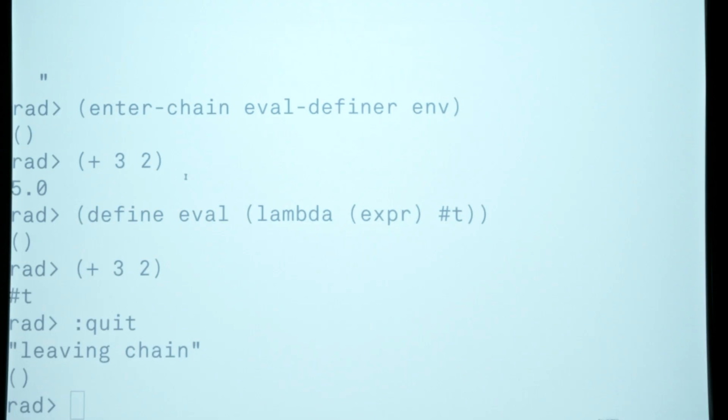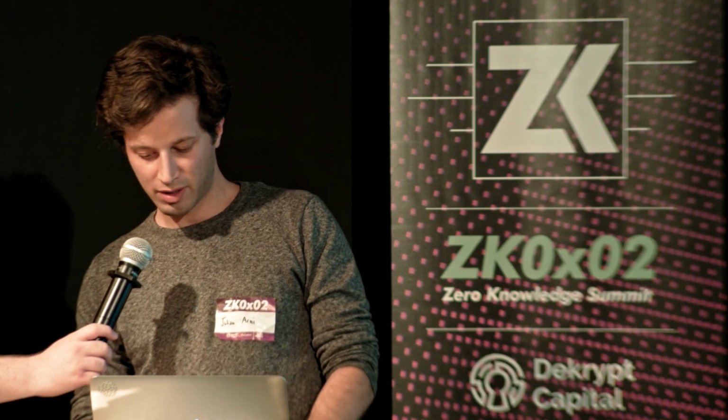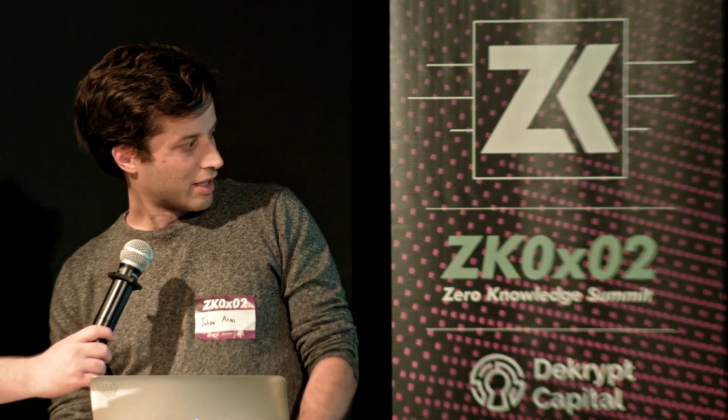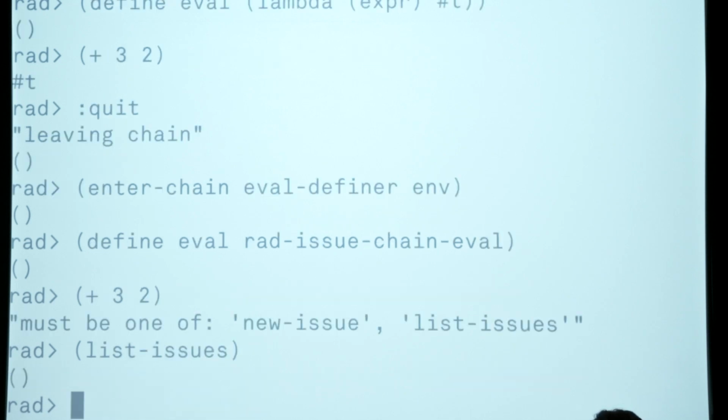okay. So I can create an issue chain. So again, I'll enter a new chain. And here I can define eval to be a function that I've already defined before for simplicity. And now if I try doing simple operations I'll get an error. The operation has to be one of new issue or list issues. And if I list issues, there's nothing there. But if I try creating an issue,